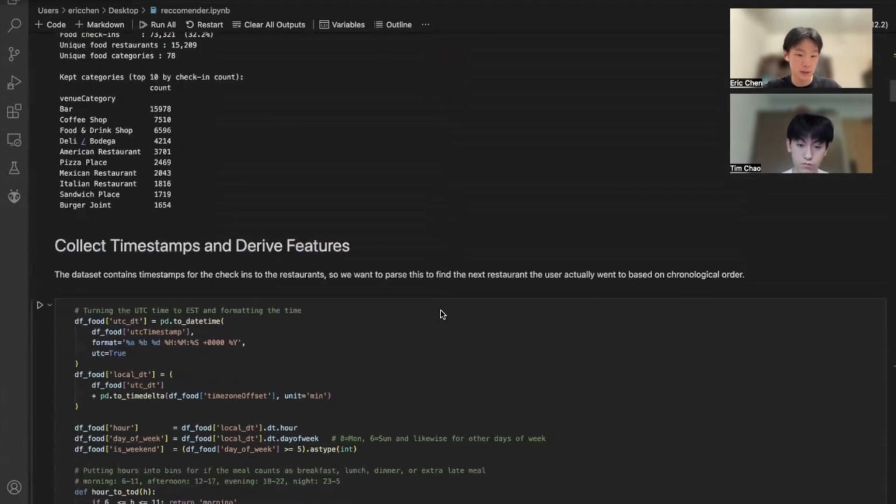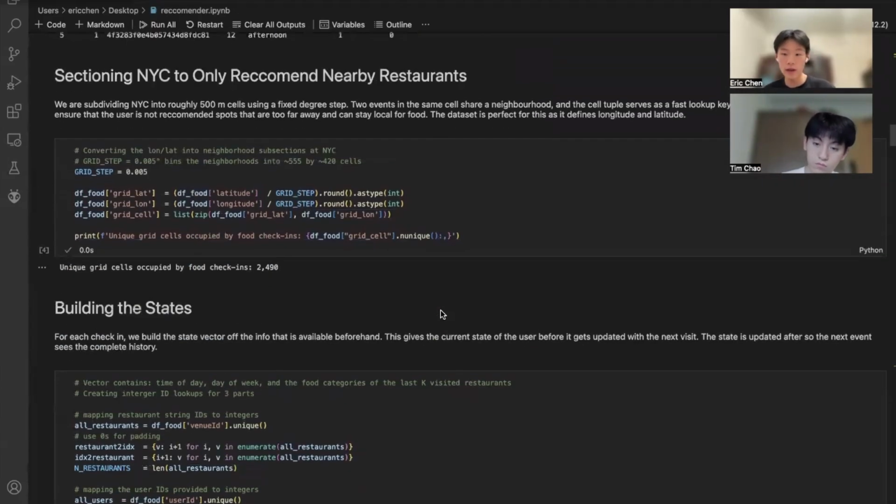And then next was location here. And we don't really want to recommend a place in Brooklyn when somebody's in Midtown. So we divided New York City into roughly 500-meter square grids using latitude and longitude, and each check-in was assigned to a cell. And recommendations were restricted to restaurants within roughly a 1 kilometer walk, so 2 cells. And this removed restaurants with fewer than 3 total visits, so every recommendation had at least some history. After filtering, we had about 7,000 candidate restaurants, and each event still had around 450 nearby options on average, and that makes the prediction problem pretty hard here.